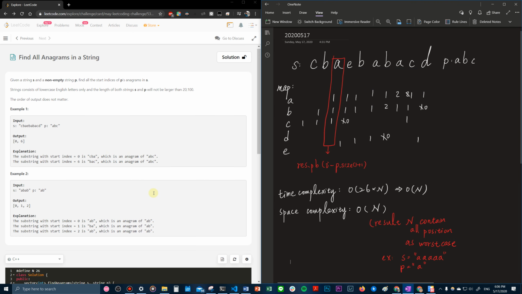So today is the 17th day of the Make LeetCode 30-day challenge, and the problem will be Find All Anagrams in a String. We are given a string S and a non-empty string P. We are asked to find all the start indices of P's anagrams in S. For example, in the first example,